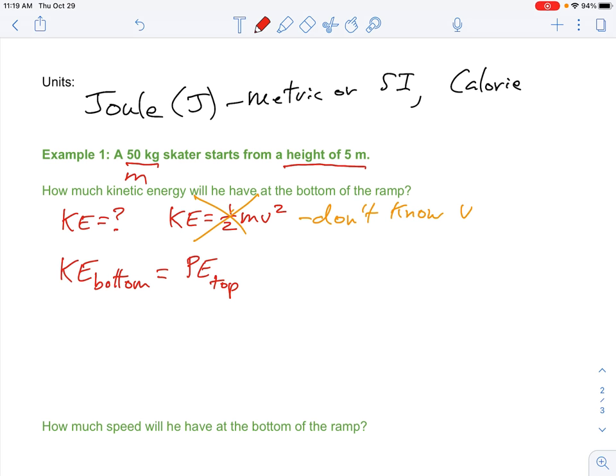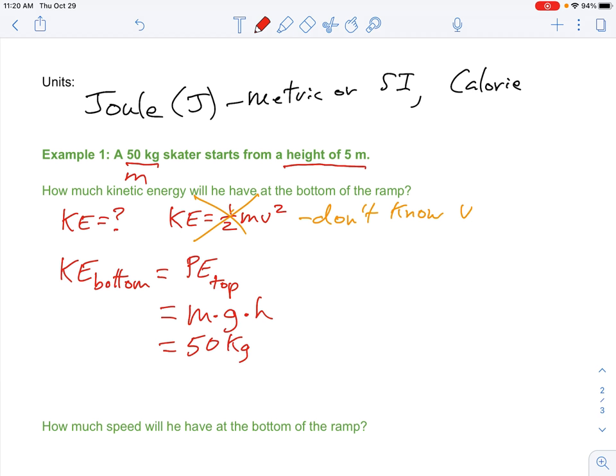And we know that from our observation before. So because of that, what we're really doing is just calculating his potential energy at the top to then know what his kinetic energy will be at the bottom. So now we can do potential energy is mass times gravitational acceleration times height, and that equals 50 kilograms,